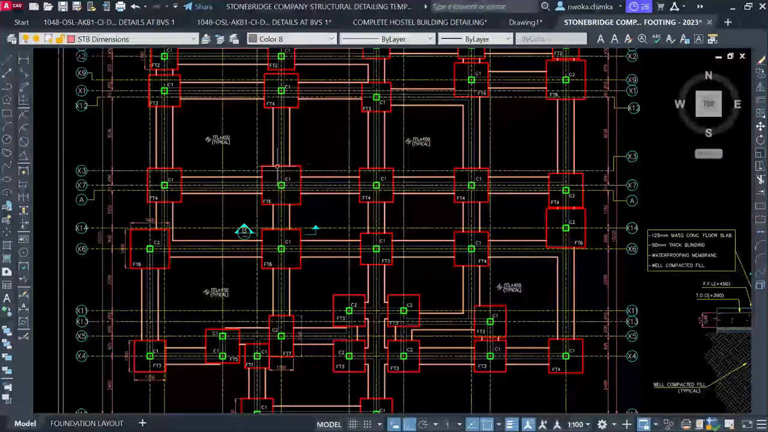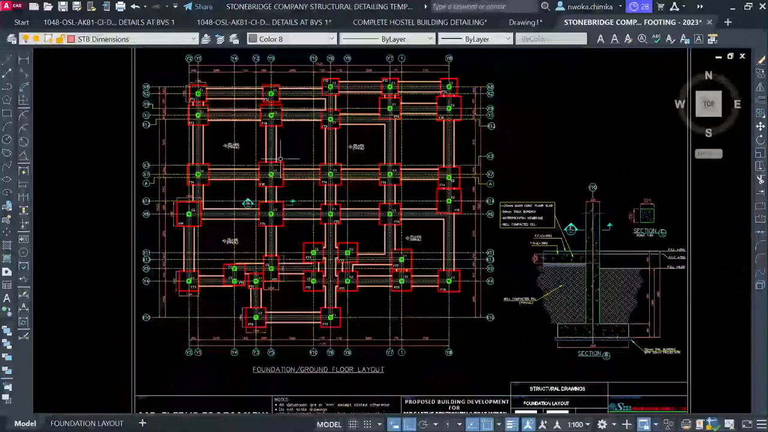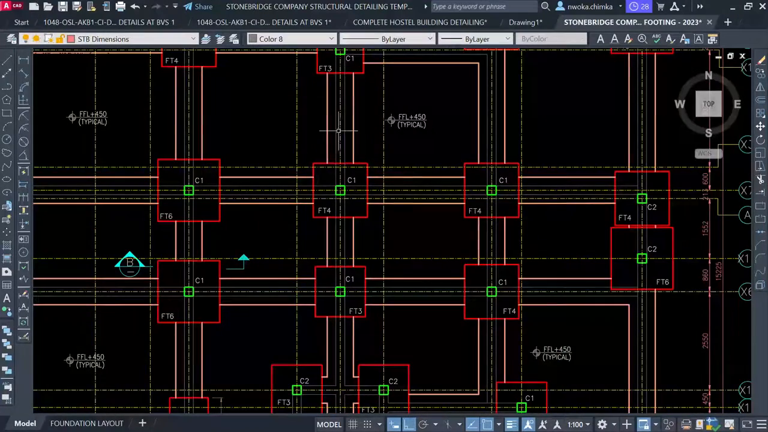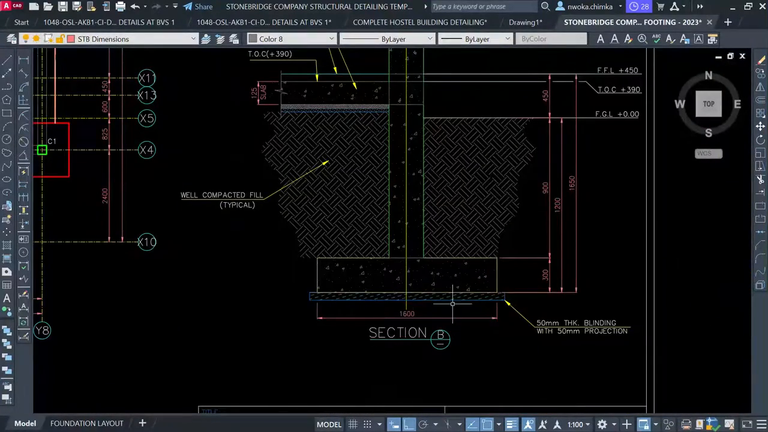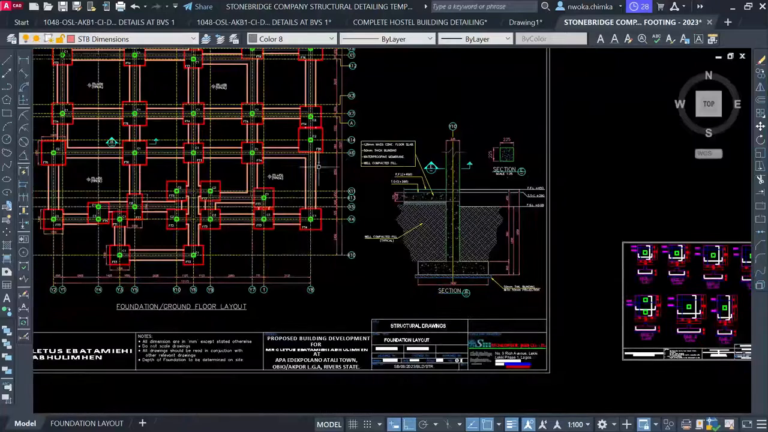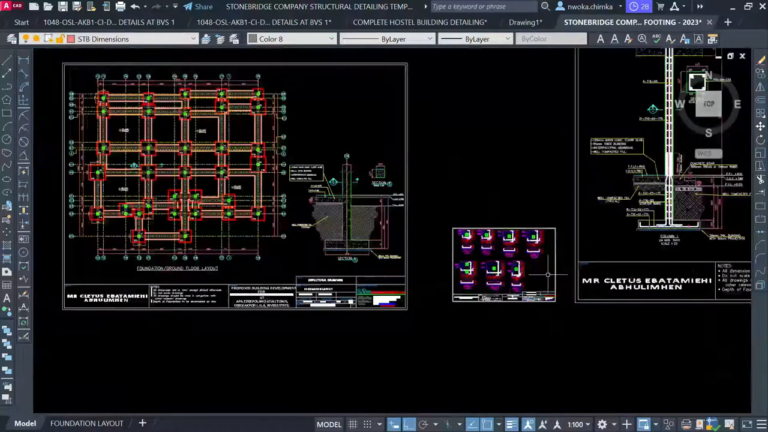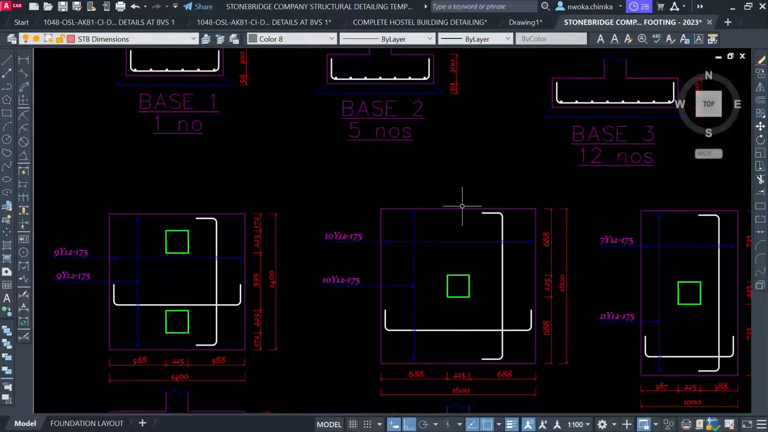So this is how it's going to look. I'll also show you how to get this using this template, and also cut a section, as you can see here, a section of the foundation. I'll also show you the pad footing as well, and how to